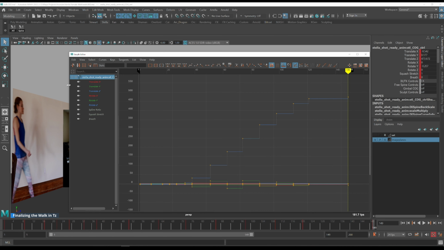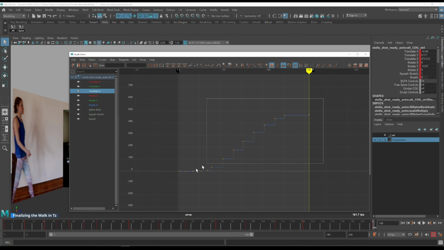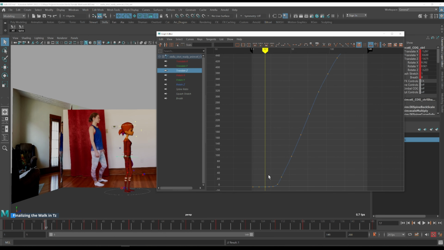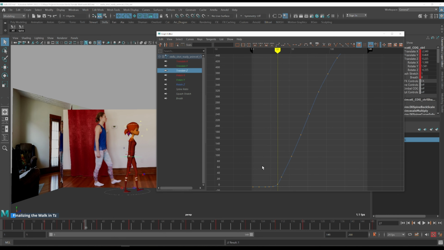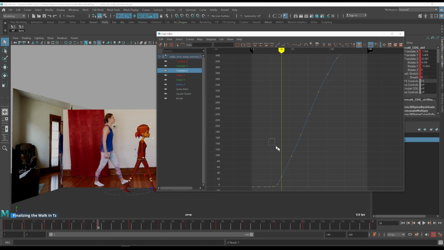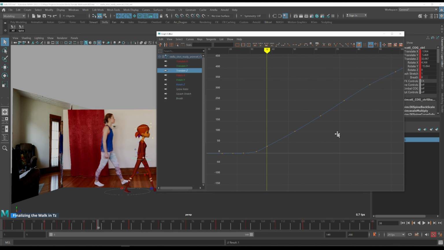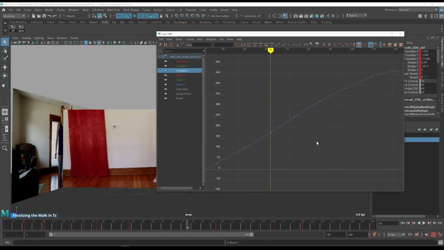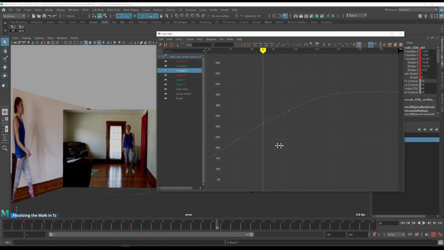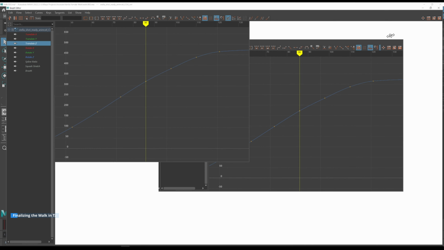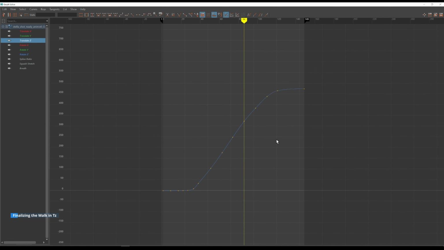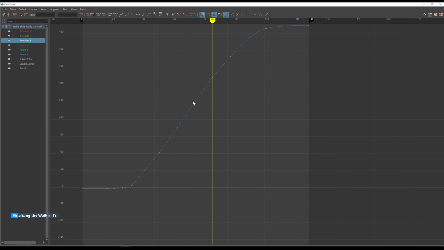So I'm going to the graph editor, and what I'm going to do right now is I'm going to select everything and I'm going to switch it to spline. So this is the part when she is standing, when she's only starting to go, and this is the part of the walk itself. So we should accelerate into the walk, and then after this the walk should feel pretty linear, and then it should start to slow down. And I can see like if I go full screen here and just look at this line, I can see that there are a little bit of the inconsistencies